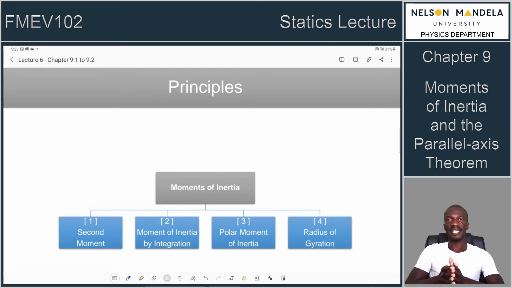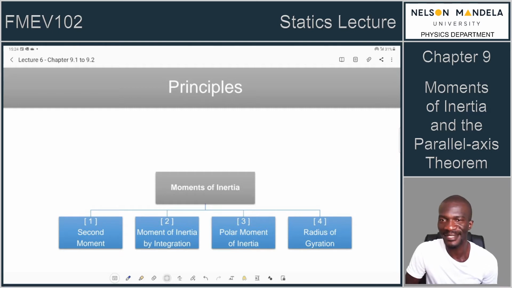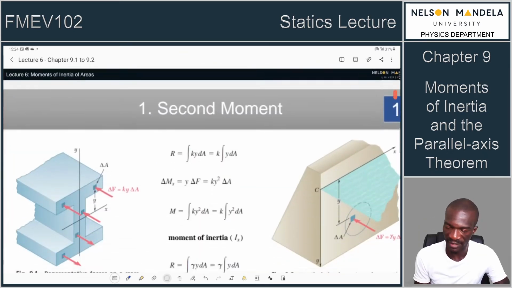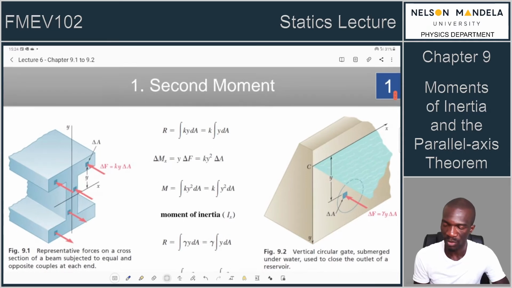The radius of gyration is an important concept you will use in dynamics, and the moment of inertia of masses, you also use it in dynamics. So this is its cradle, and we need to grasp as much as we can as far as this theorem is concerned. So the moment of inertia of areas is what will be defined first through the concept of the